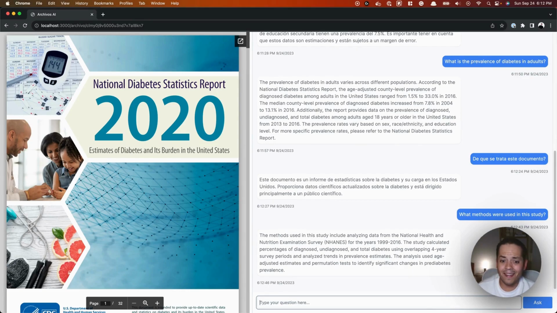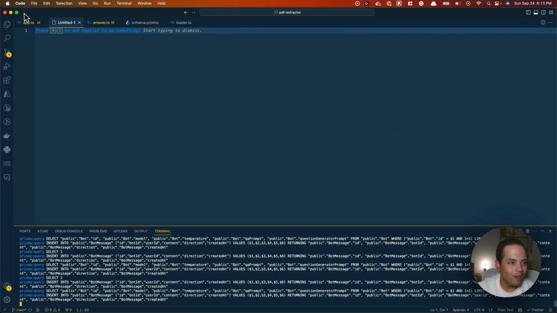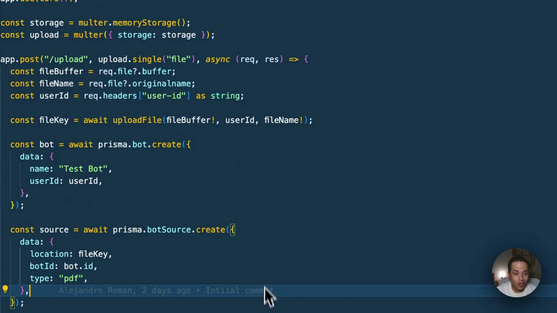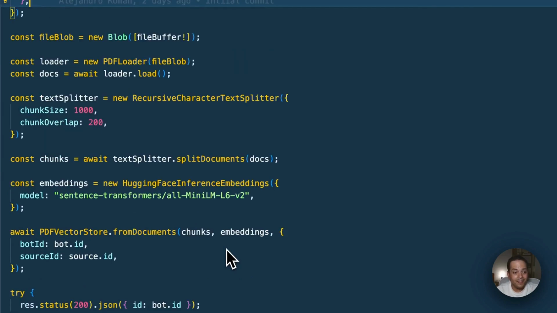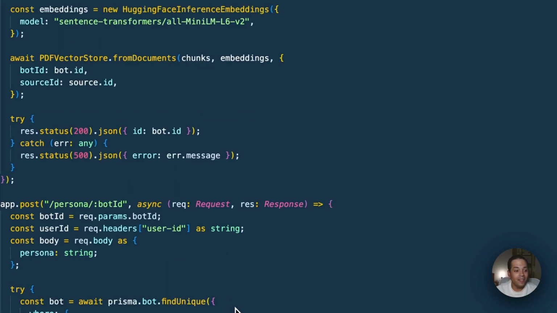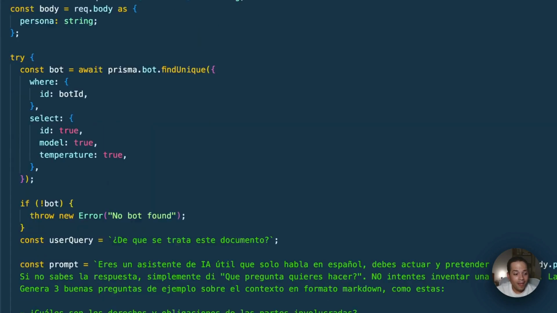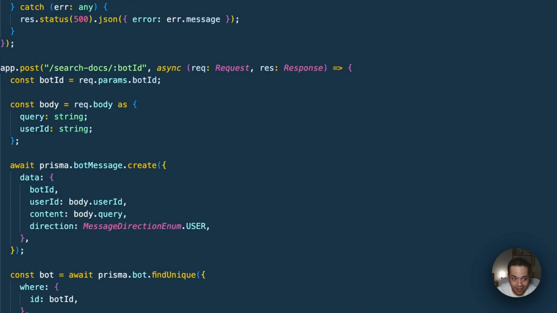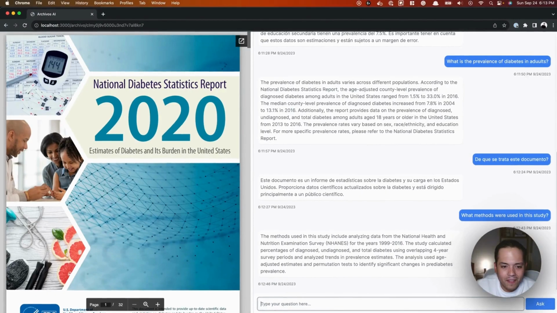The best thing is that, again, I'm using 3 endpoints to do this. Just to give you a little bit of a show here. The first endpoint is just, I upload the document, I create embeddings, I text split those embeddings and I store them into my database. Then I have an endpoint to set the persona. And finally, I just have the Q&A endpoint, right? Which is awesome. I'll make a separate video diving into all of this, but it's actually very simple.